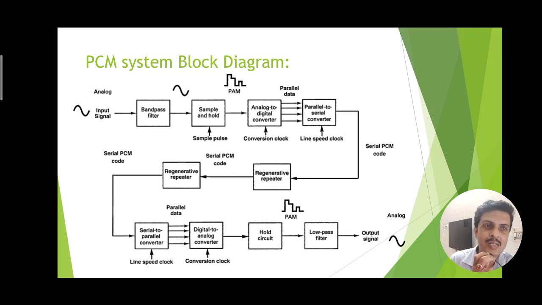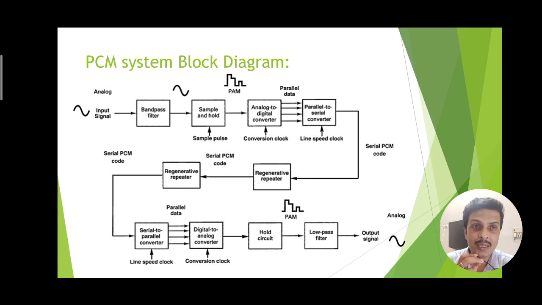So serial PCM data bits are transmitted and received by the regenerative repeater. Now what is a repeater? A repeater is a device which is required to boost up the transmitted signal when it deteriorates due to the transmission path. That is, if the transmission path is longer, then the signal is required to be boosted up. That means if the magnitude of the binary bits is reduced to a lower value, then it is required to be amplified and regenerated. Whatever bit pattern was transmitted earlier, the same thing should be re-established by means of the regenerative repeater